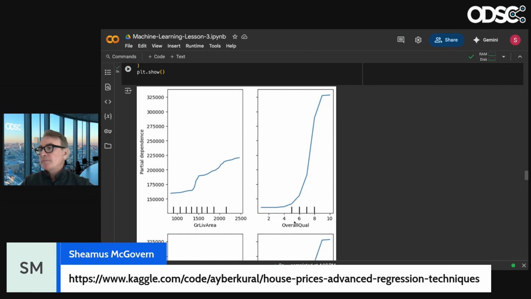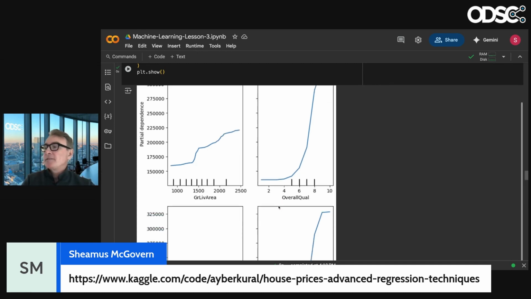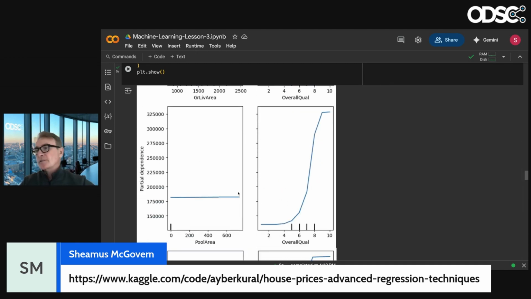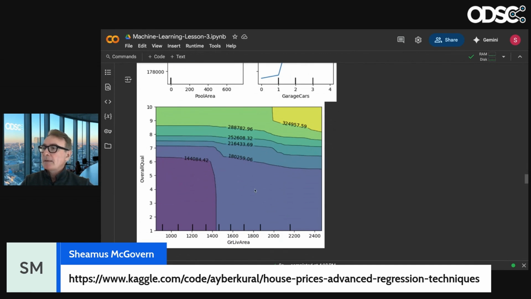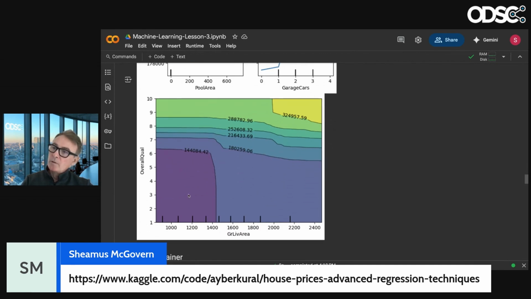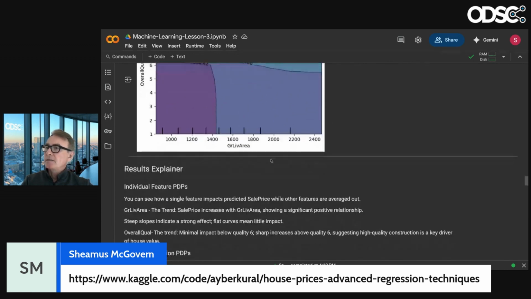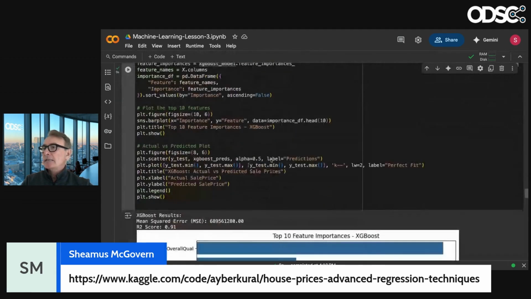This one here, what it's telling me is when the quality is really high, it has a big impact. It's highly dependent on quality. When it's high quality, when it's low quality, kind of doesn't matter. Overall, does that matter or not? Yeah, I guess it does. So that's why you see these kind of curves and S curves. You can see here with the different overall quality, the prices kind of change depending on that. So yeah, that's that.